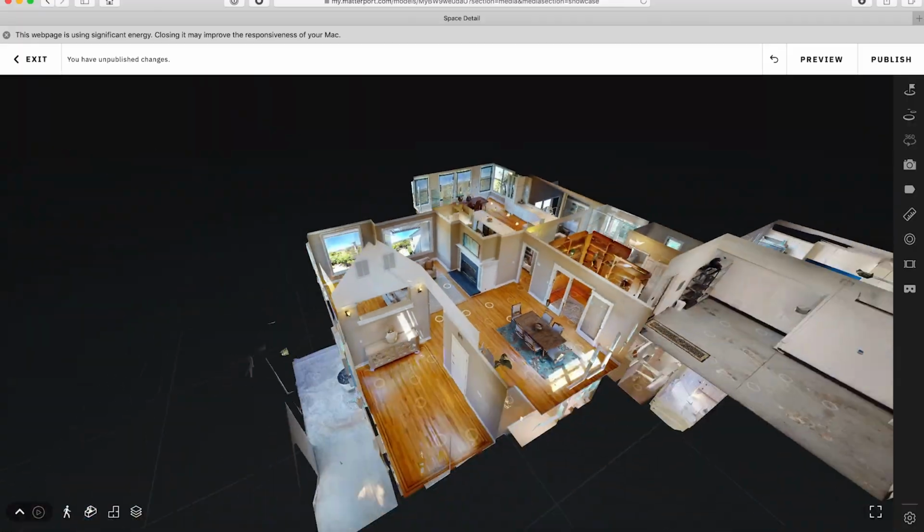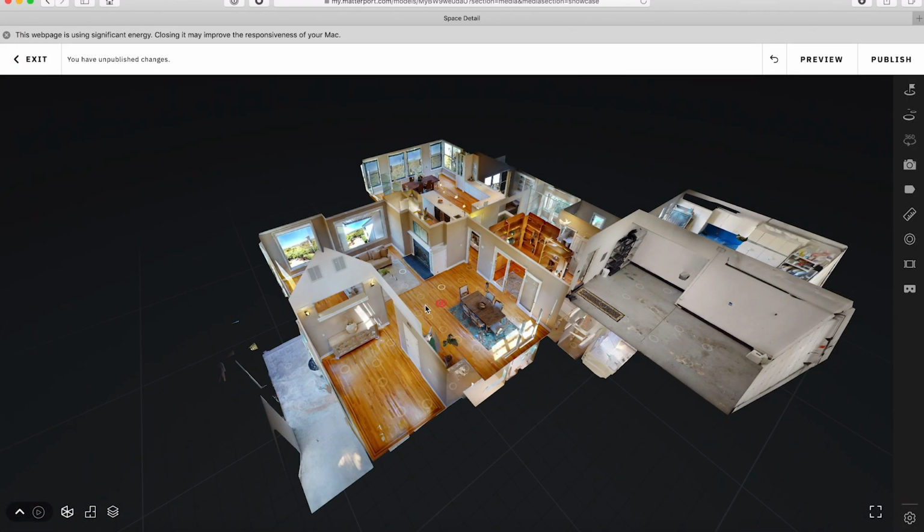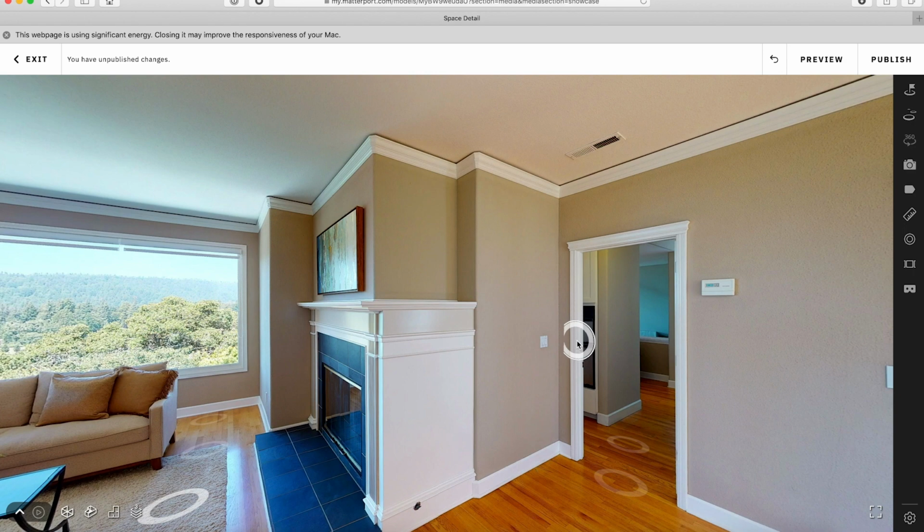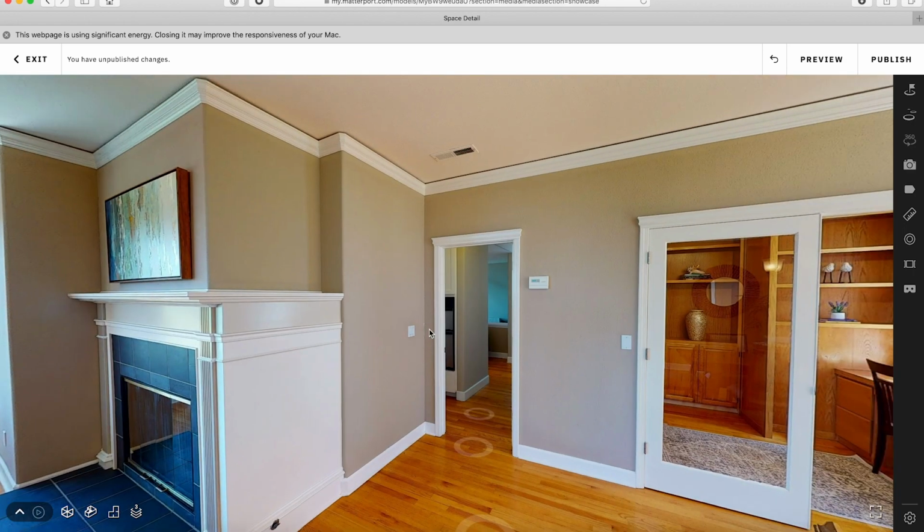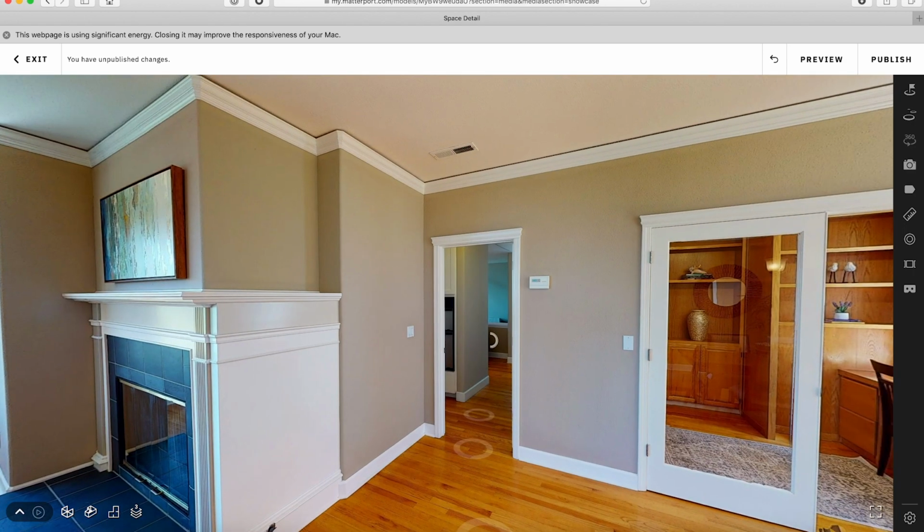Another pro tip is using the numbers 1, 2, 3, and 4 on your keypad. If I use the number 2, I can zoom out and see the dollhouse view. And if I'm in the dollhouse view and I want to go inside, I just press the number 1 on my keyboard and that'll fly me into the last position that I was in, and then I can keep moving around. So that's basically it for the dollhouse view.